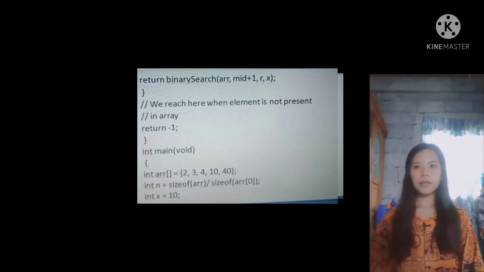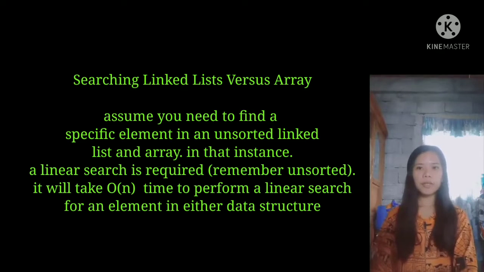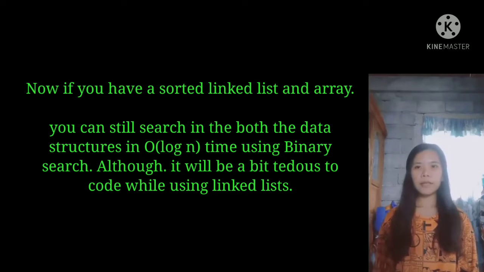So, searching a linked list versus an array. Assume you need to find a specific element in an unsorted linked list and array. In that instance, a linear search is required. Remember, unsorted: it will take O(n) time to perform a linear search for an element in either data structure. Now, if you have a sorted linked list and array, you can still search in both data structures in O(log n) time using binary search, although it will be a bit tedious to code while using